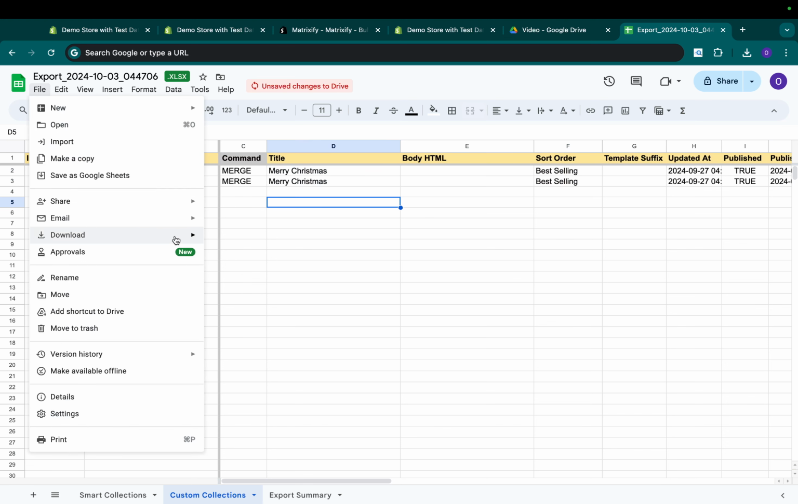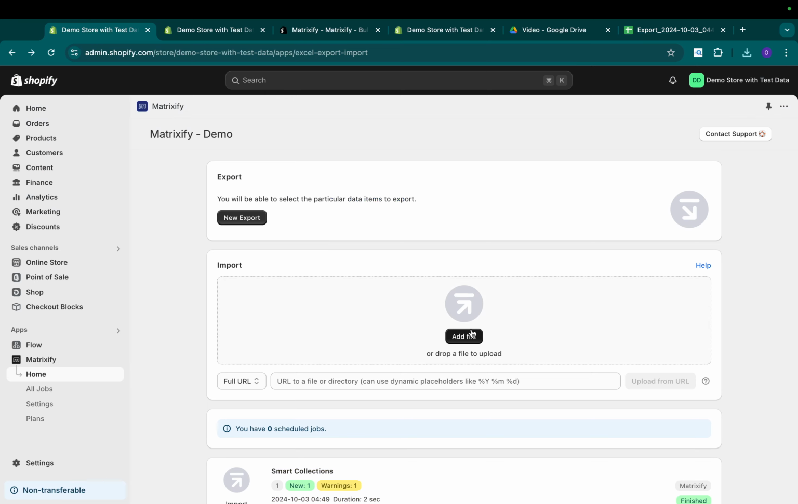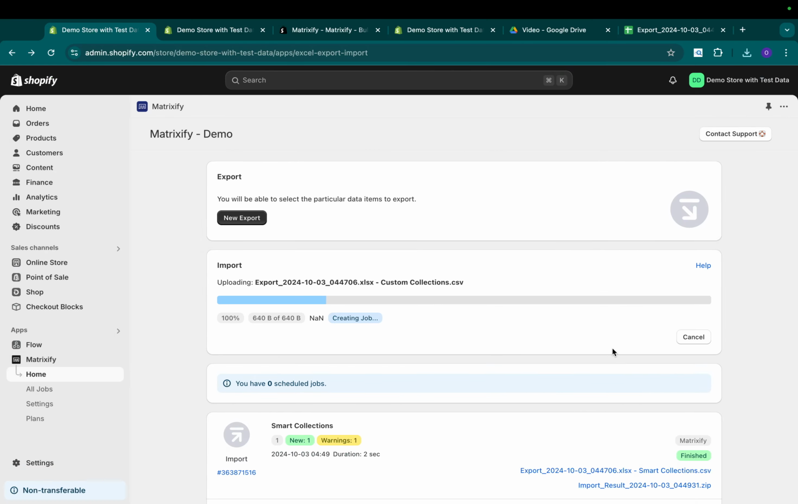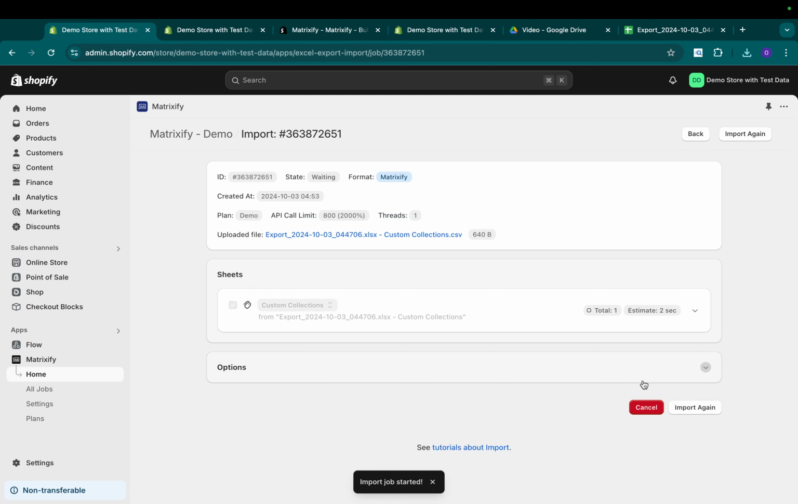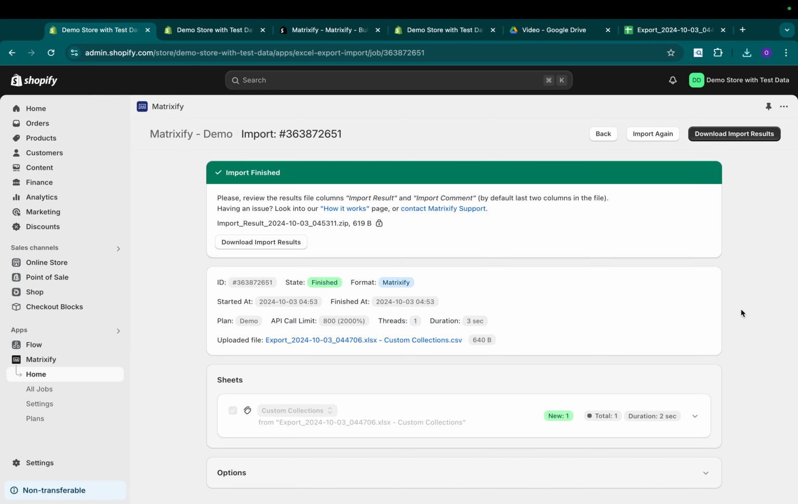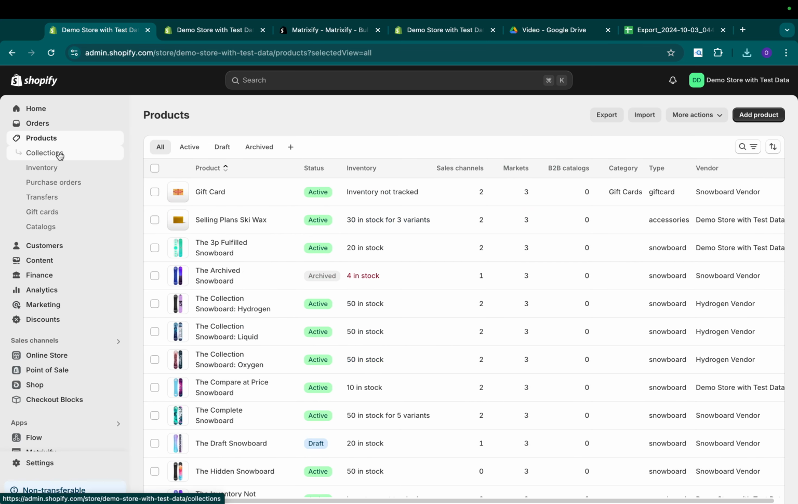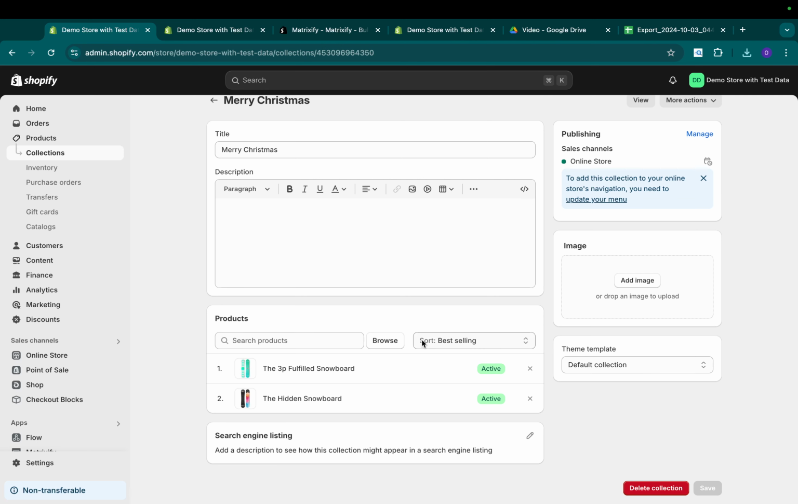Once I finish, I will click here, download, save as CSV, and I'll import it as well. Let's go back, import box, add file, select my custom collection, make sure there are no errors, and click on the import button. If everything is okay, there will be no errors here. That is great. I can go here to my products and my collections and validate it. I have a Merry Christmas with the same settings, best-selling sort, and the 2 products I just added, and everything